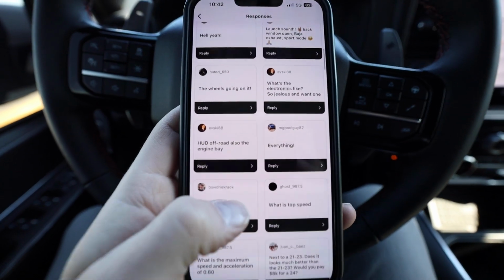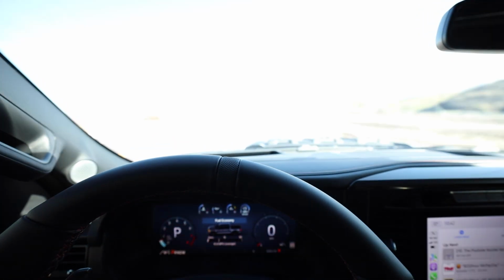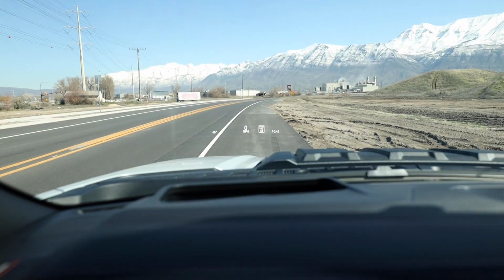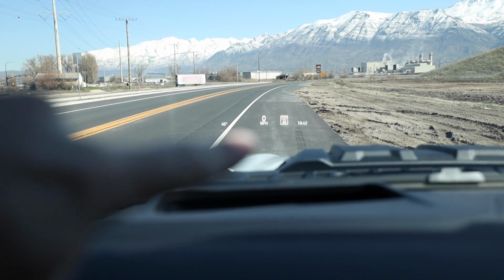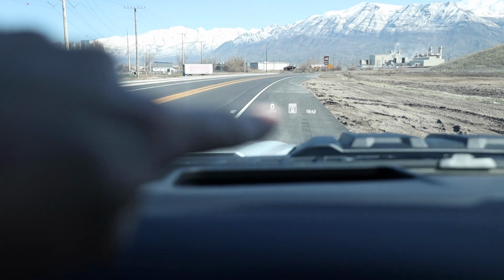Another question while we're sitting here: a few people asked about the heads-up display, and this is a really cool feature. So while I was driving home 1,200 miles, 1,300 miles, this came in handy, and I don't know how well the camera is going to capture it here, but you can see up ahead, right on the window right here, you've got my speed, 0 miles per hour, you have the temperature over here, the current speed limit, and